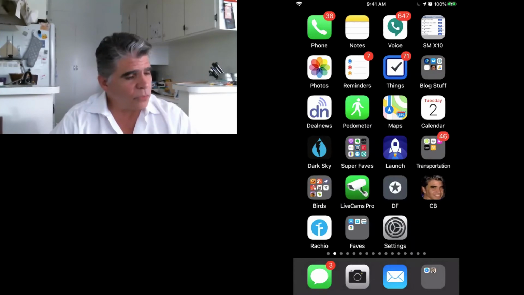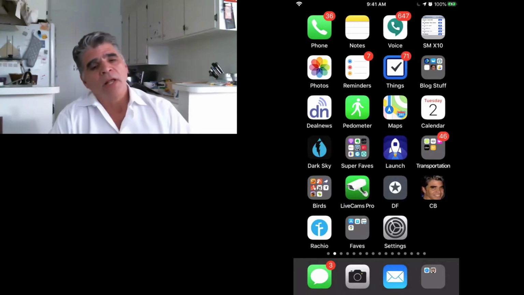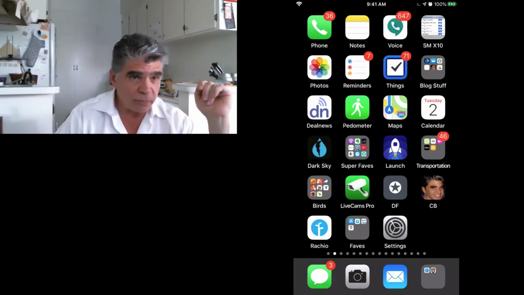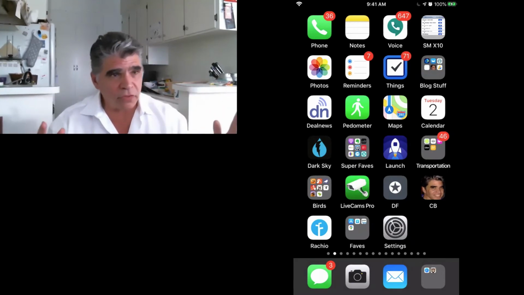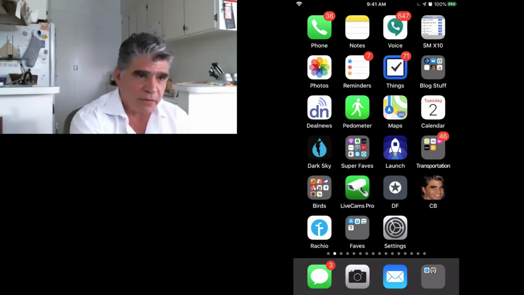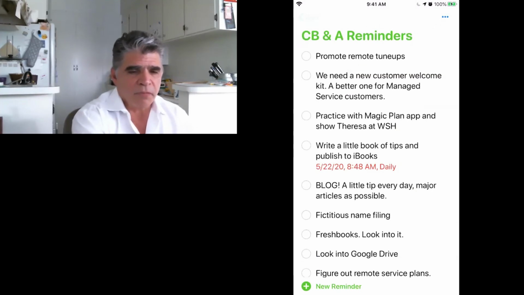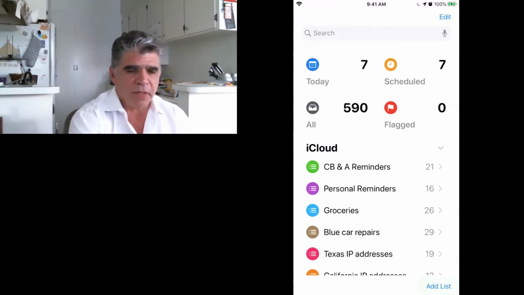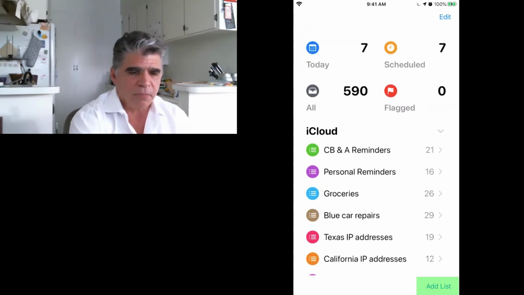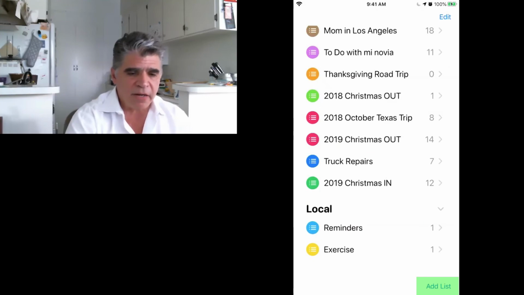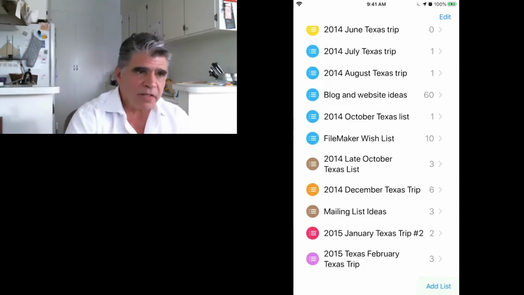Okay, so let's do something else. Now, I use Siri a lot to add items to my grocery list. Now, where's the grocery list? Well, the grocery list is in my reminders. So if you look at your Reminders app, which is in my second row here, here's the reminders. And I made a list. If you go back here, you can make lists. And I made a list that was the grocery list. You see down at the very bottom right, you can add a list. So I made a list that's called